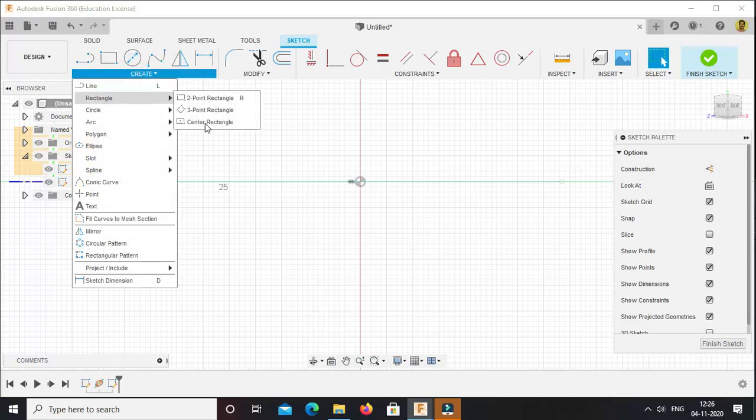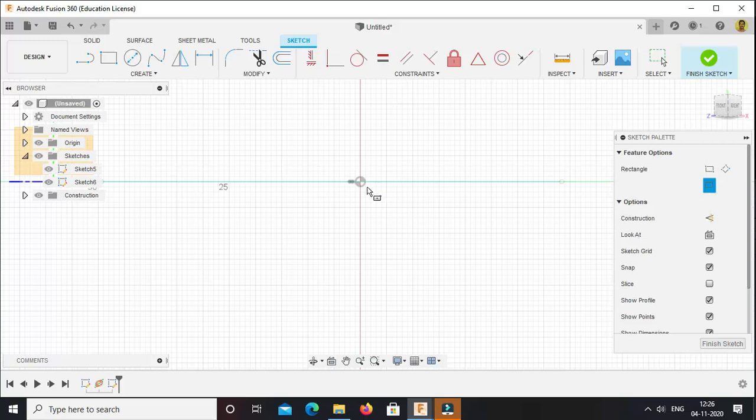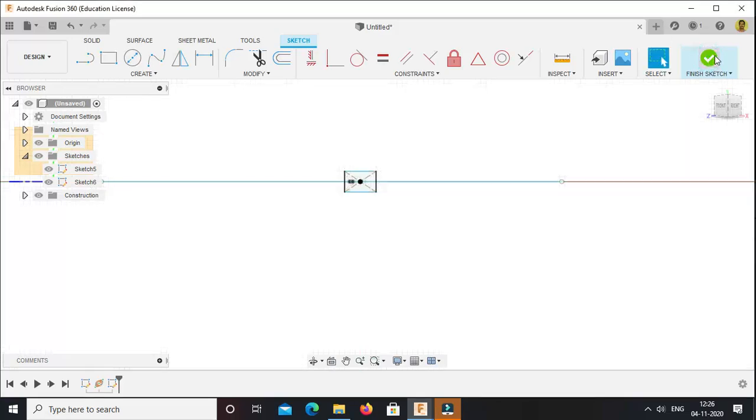I will select here center rectangle, place the center point and drag it. Let us suppose 4 mm by 6 mm. You can also give dimensions. Readily these are round figures, so I am selecting that as a dimension. Press enter. Now finish this sketch mode.